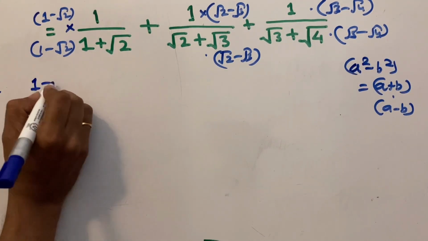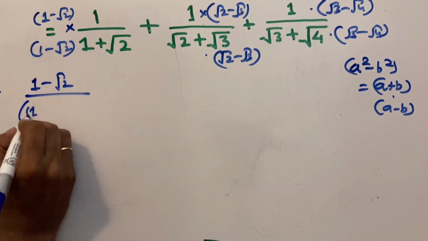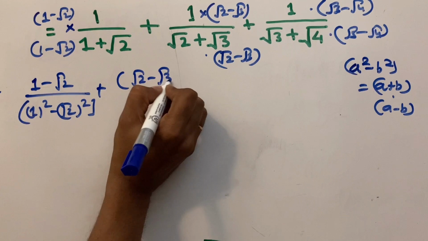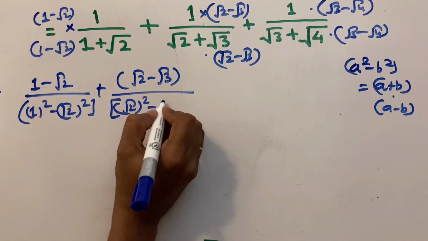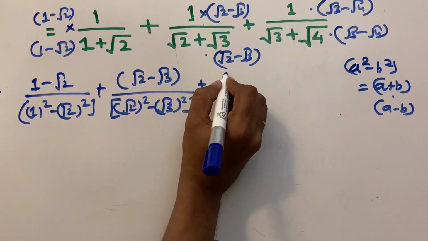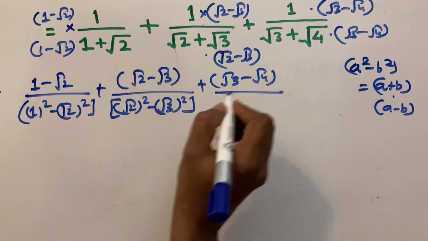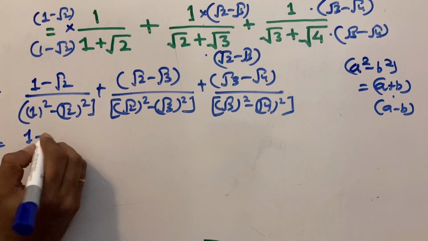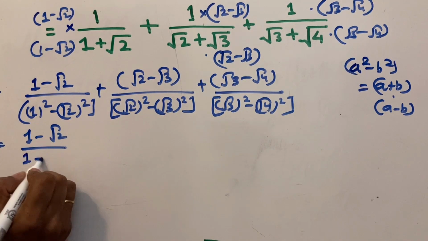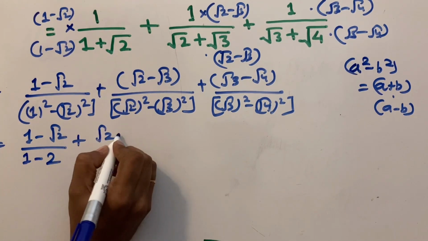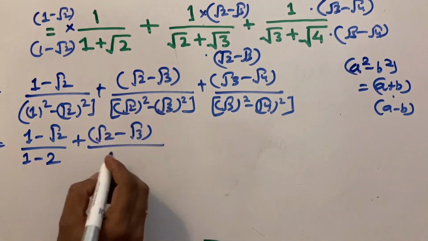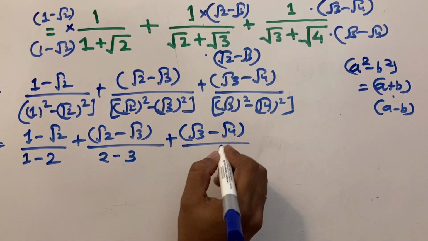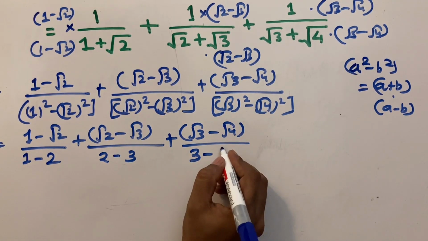So this simplifies to 1 minus square root of 2 divided by 1 square minus square root of 2 square, plus square root of 2 minus square root of 3 divided by square root of 2 square minus square root of 3 square, plus square root of 3 minus square root of 4 divided by square root of 3 square minus square root of 4 square, which is equal to 1 minus square root of 2 divided by 1 square is 1 minus square root of 2 is 2, plus square root of 2 minus square root of 3 divided by 2 minus 3, plus similarly here square root of 3 minus square root of 4 divided by 3 minus 4,